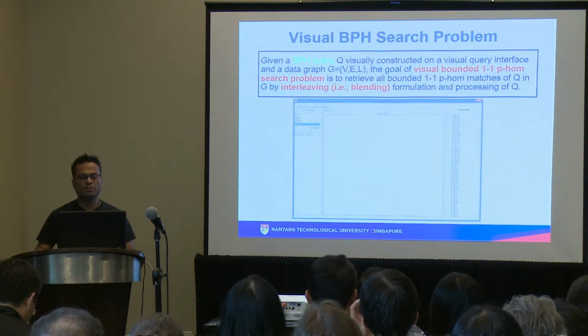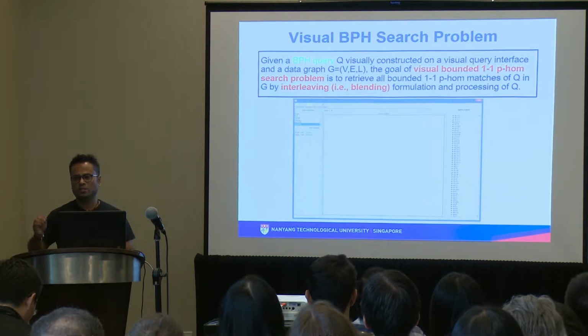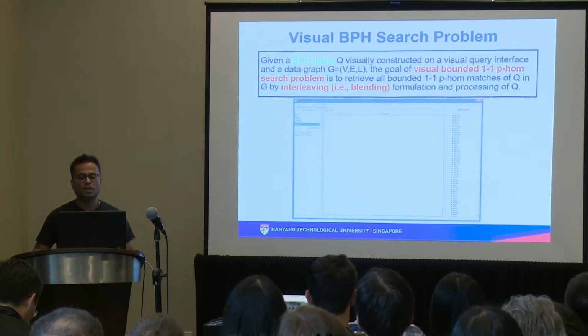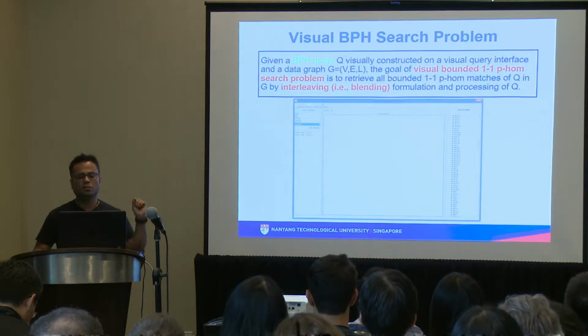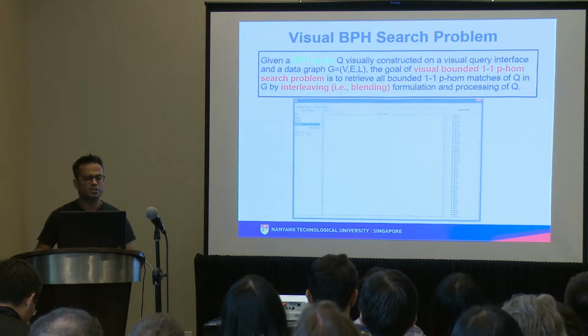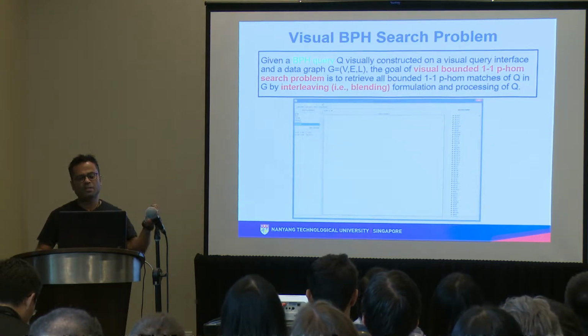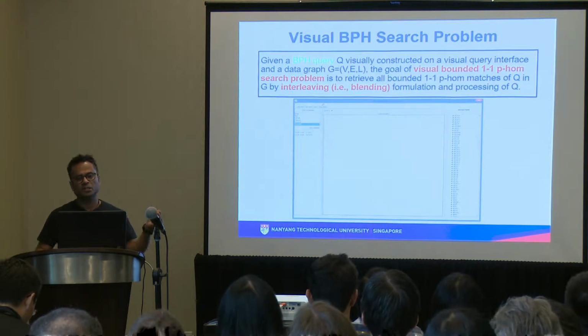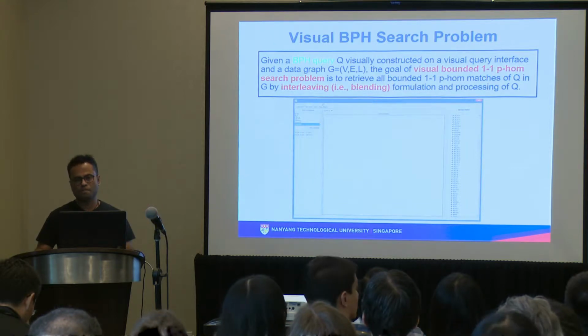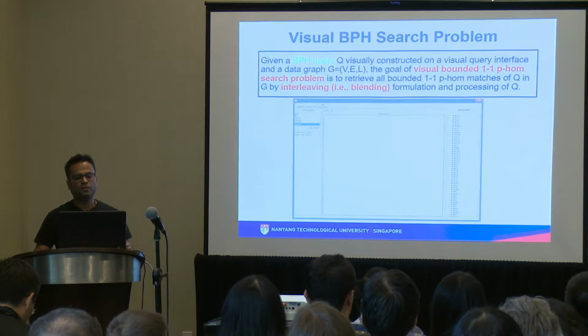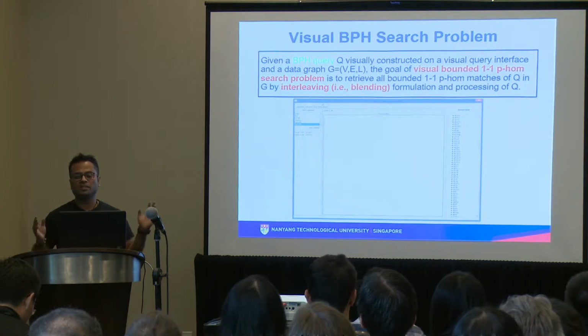So given a BPH query, visually constructed on a visual query interface, and a data graph G, the goal of the visual bounded 1-1 P-Hom search problem is to retrieve all bounded 1-1 P-Hom matches of Q from G by interleaving the formulation of the query to processing of Q. So let me give you a feel of this by showing you what this BOOMER framework does with a short